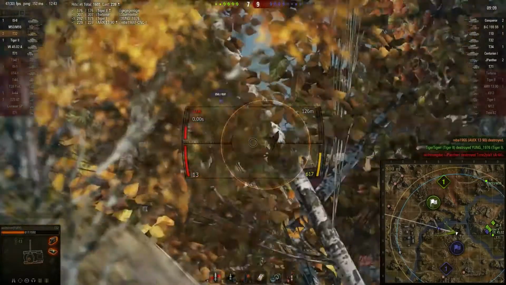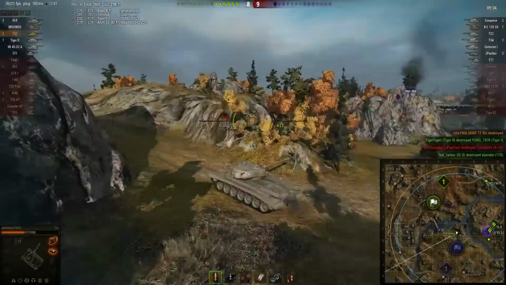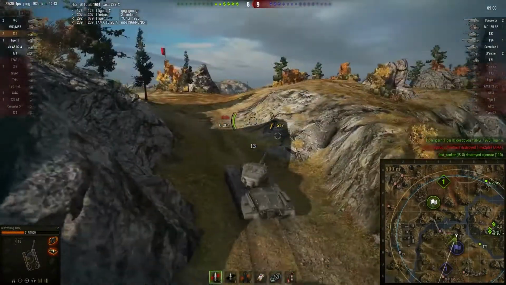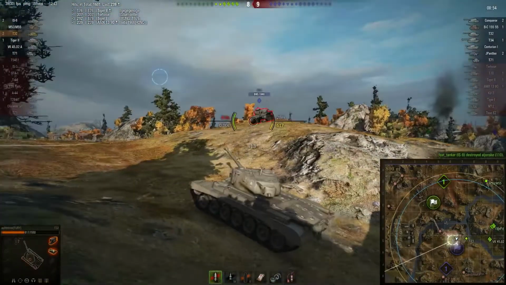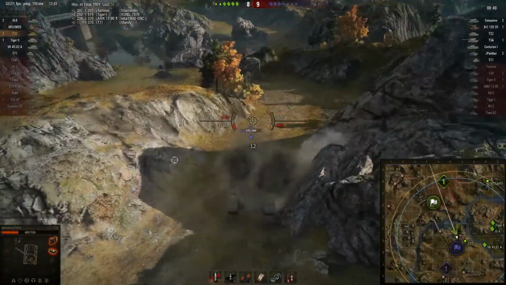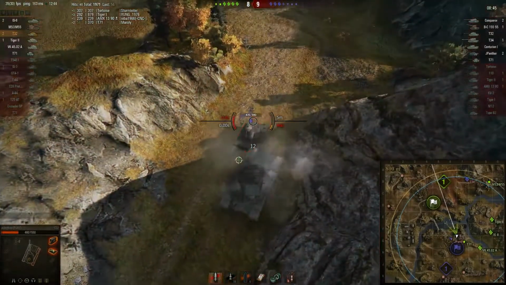Can he get a shot on the side of this Jagdpanther? He can't just yet, as the Jagdpanther disappears from view behind the rocks. Now he's going to take back to the road. Allies have definitely won the fight on the far right-hand side on that hill, but they've drastically lost the battle on the left-hand side. T71 going full ham here, just decides to go in for the T32, but Aldi does